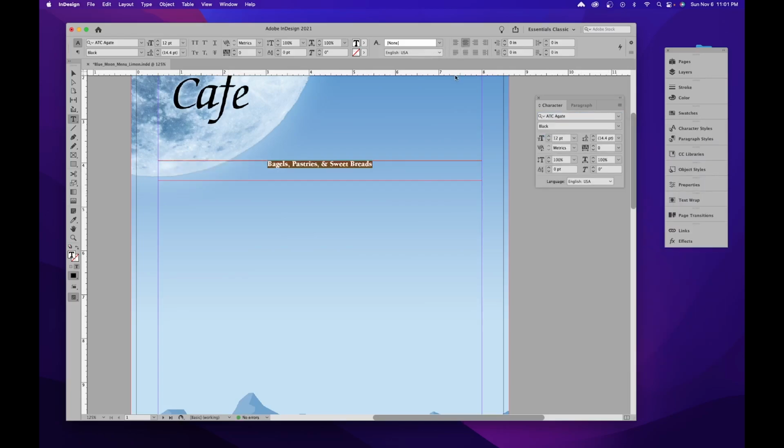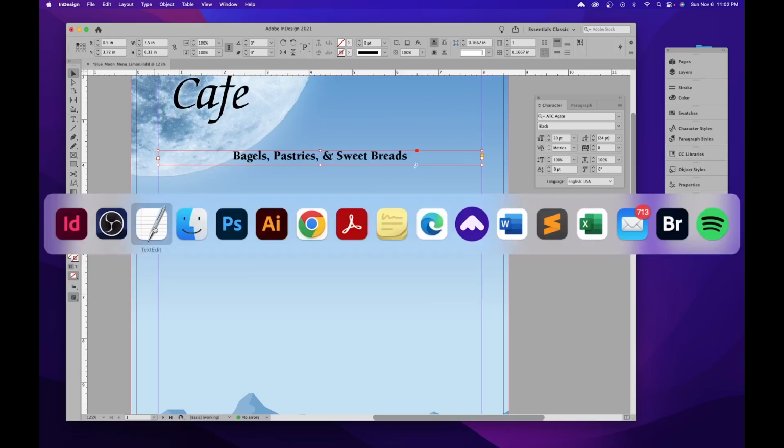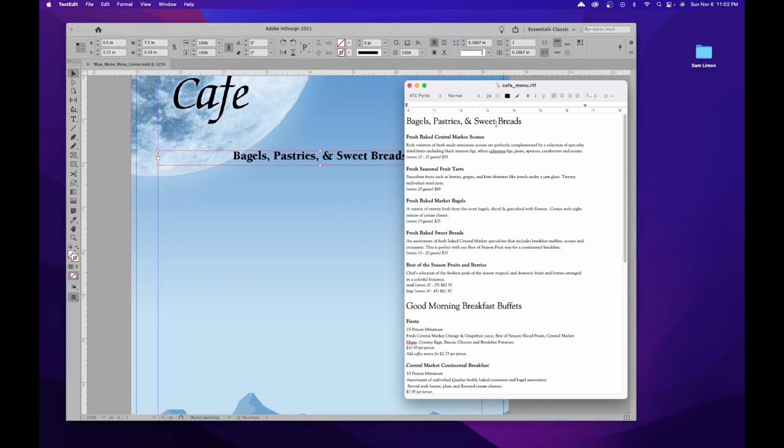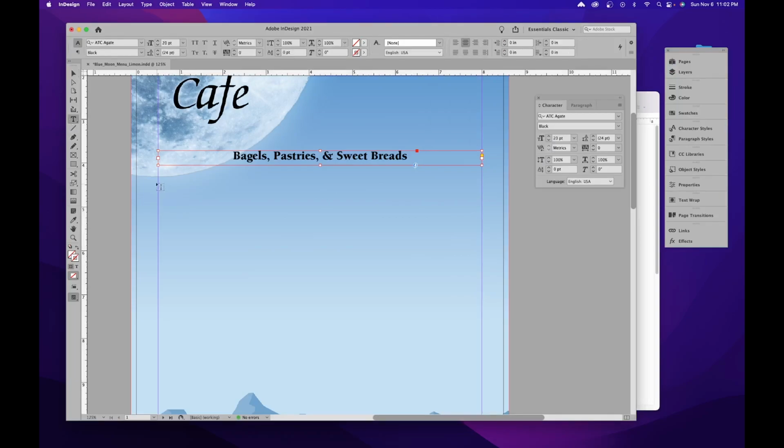And let me go ahead and center this, and let me increase the size of this. So maybe I can increase it here and here as well, maybe about 20 points, and I'm happy with that. So let me move this up a little. Let me go ahead and open up my type file here, and then I'm going to go ahead and select what I'm going to call an item. So it's going to be this fresh baked Central Market scones. Command or Control C to copy it, and then I'm going to click on my type tool over here,